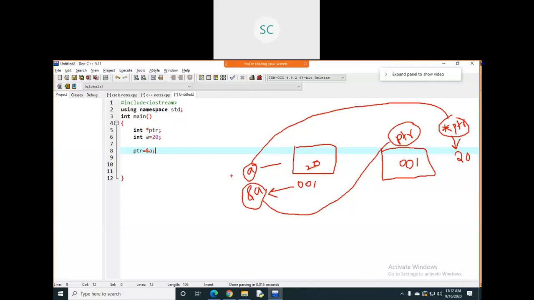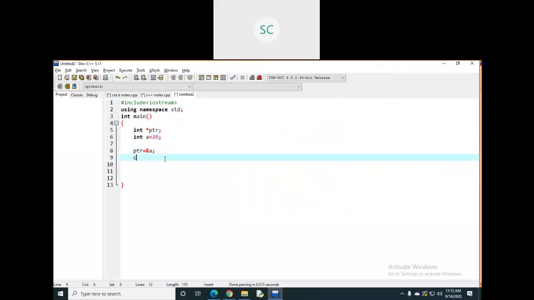Let me show whether these are returning the same thing or not. Let's see. I'm just going to print. First I will print that a. Then I will give some space, then I will print ampersand a.